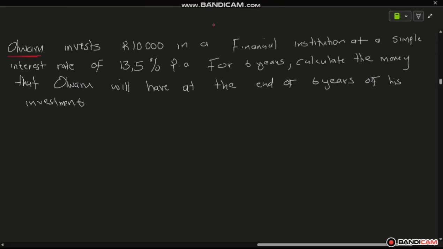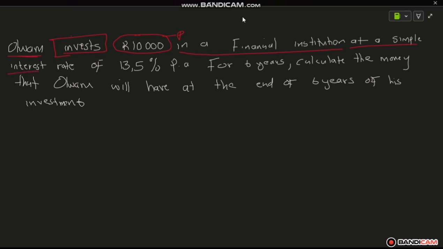Olwam invests. So the money that you invest is the money that belongs to you. That's P. So this 10,000 right here is the money that Olwam has. The 10,000 is the value of P, the present money. You cannot invest what you don't have, in a financial institution at a simple interest rate of